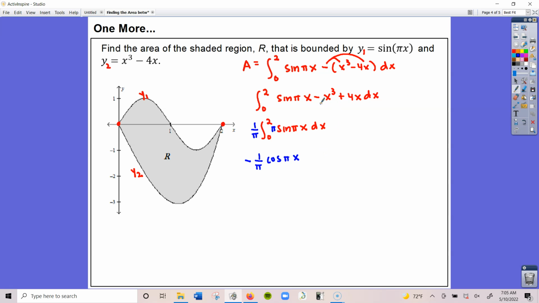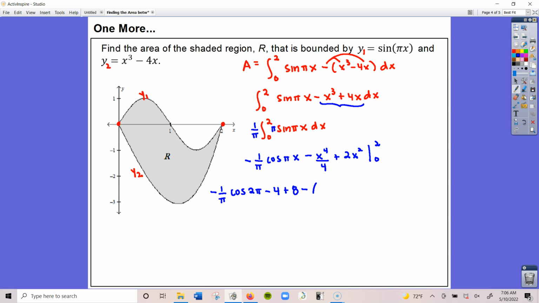Now I can continue to integrate this part here, which would be negative x to the fourth over 4 plus 4x squared over 2, which is 2x squared. And this is what I'm going to evaluate from 0 to 2. So I'm going to plug in the 2. We have negative 1 over pi cosine of 2 pi minus 2 to the 4th, which is 16 divided by 4, is 4, plus 2 squared is 4 times 2 is 8,